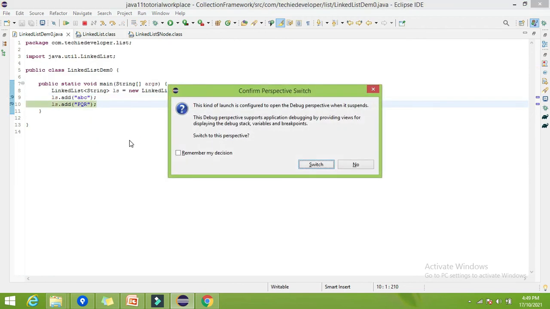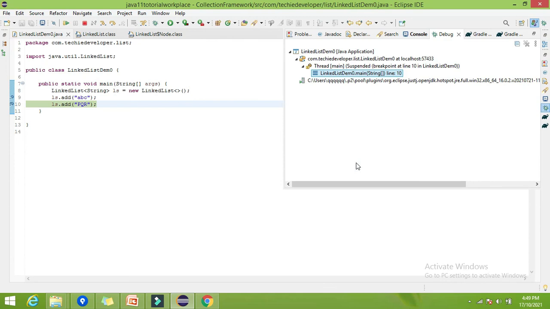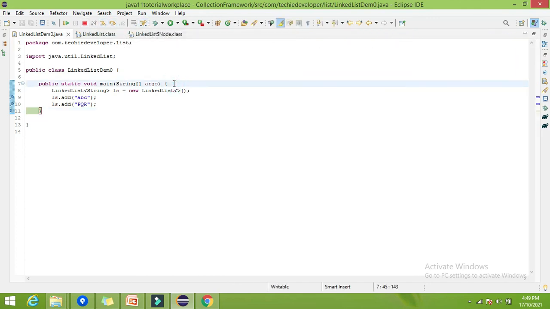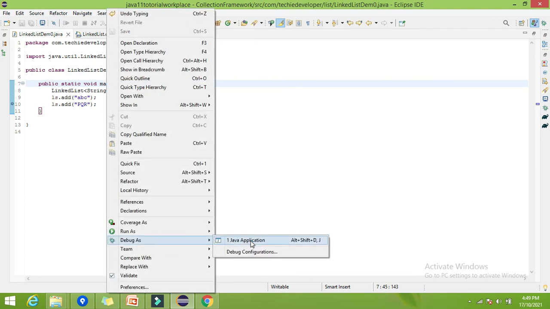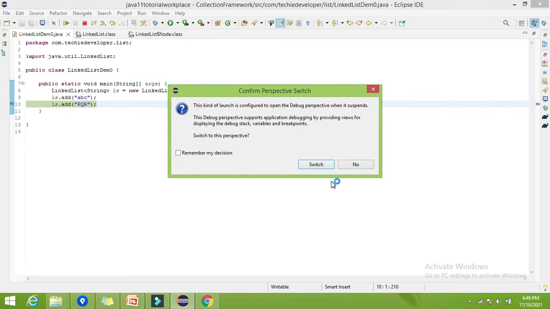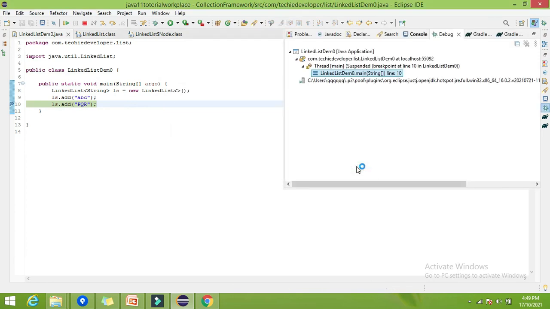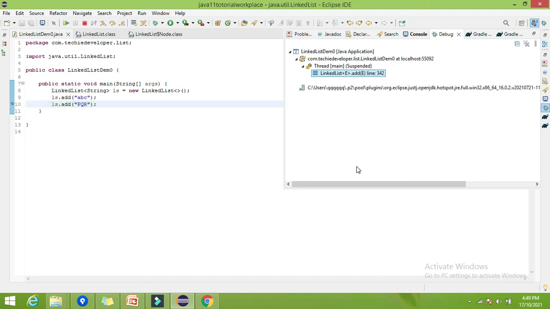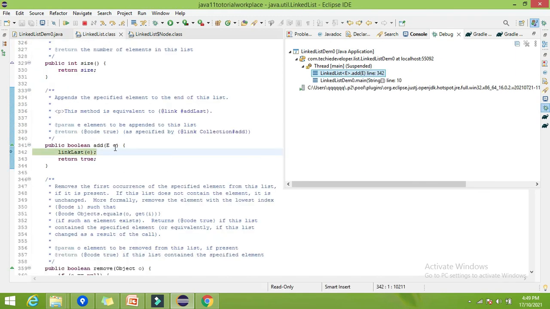Next we are trying to add pqr. Now it is not the first element. So let's, oh sorry, let's try to rerun now again, because I skipped it actually. Now I showed you the abc. Now let's try to add the pqr. We have already added the abc now. Now let's go to the internal implementation. Here e is nothing but the pqr.